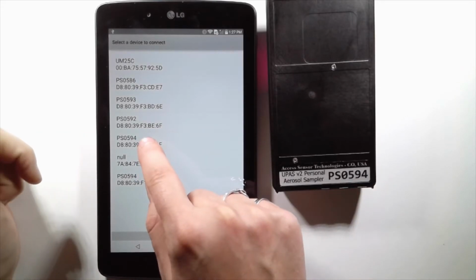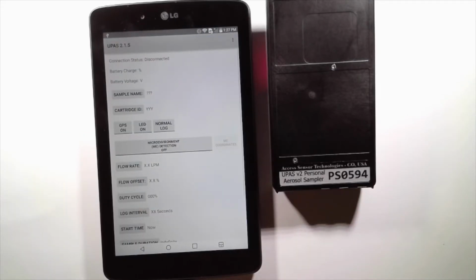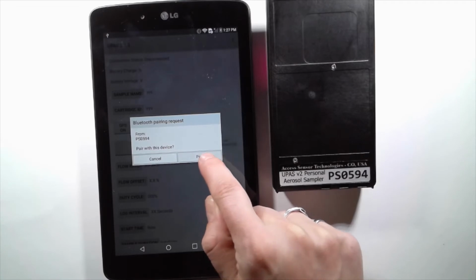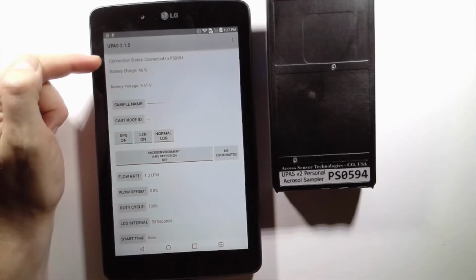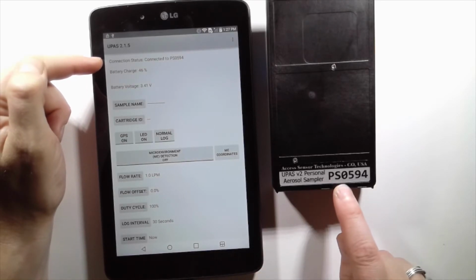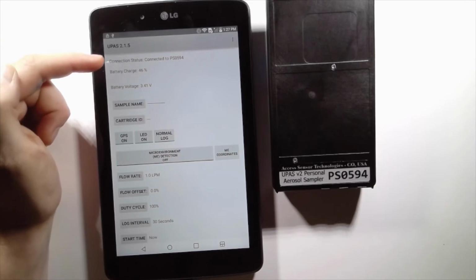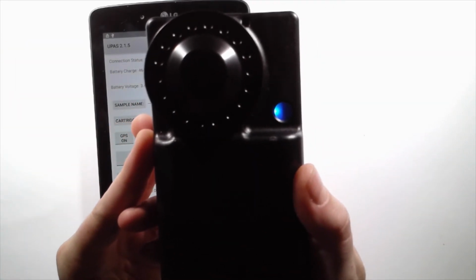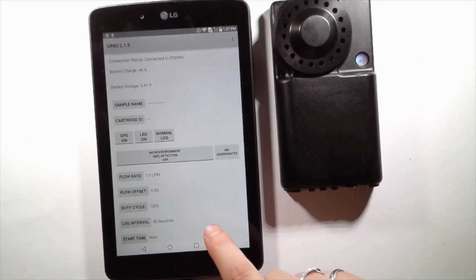I'm going to select that device, and after a few moments the Android device will ask if I want to pair with the UPAS. Here's the request, and I'm going to select pair. Now at the top, the connection status reads that it is connected to PS0594 as seen on the back of your UPAS. Now that the UPAS is connected, the LED shows a solid blue light, meaning it is connected and ready to